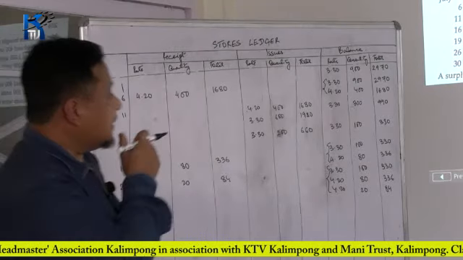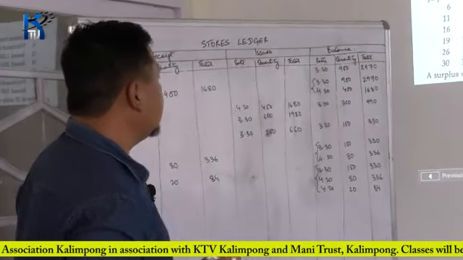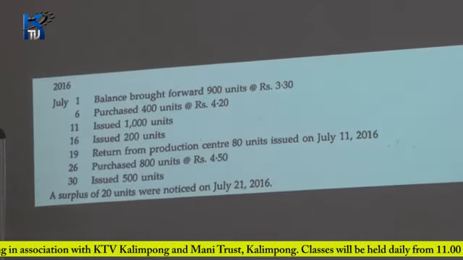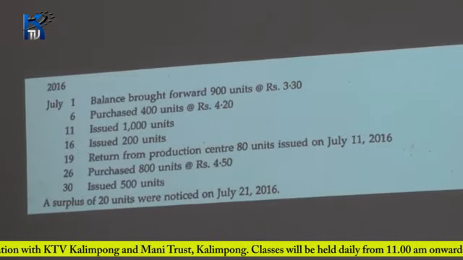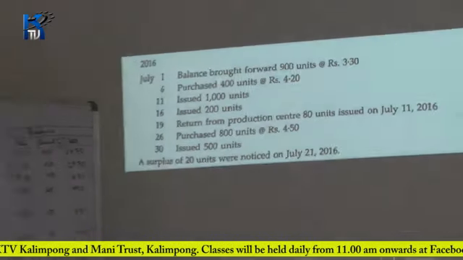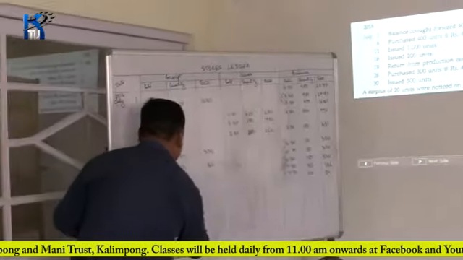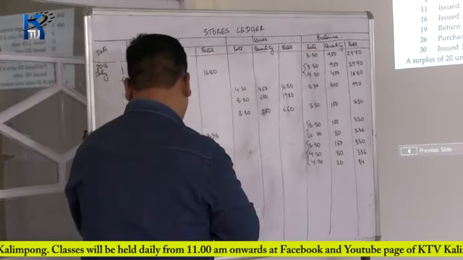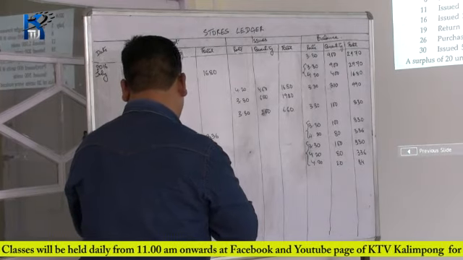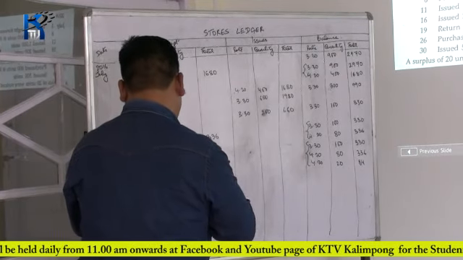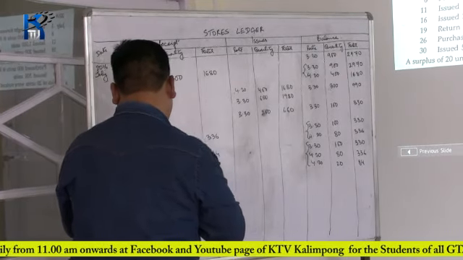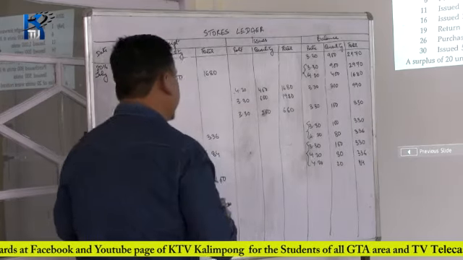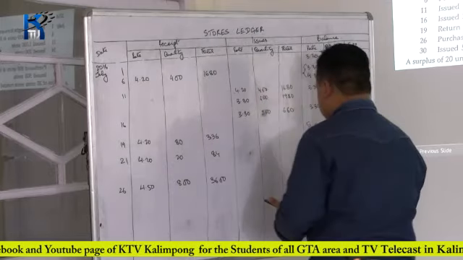Now, let's go to the next date, that is on 26th. New materials have been purchased. On 26th, we post it as receipts. Rate is 4.50, 800 units. Amounts to 3,600. So the balance at the end of the day,